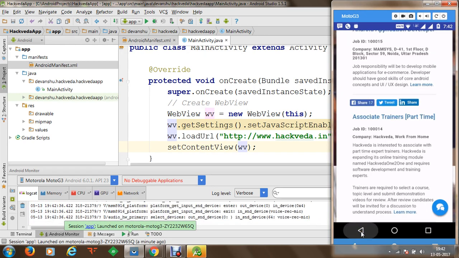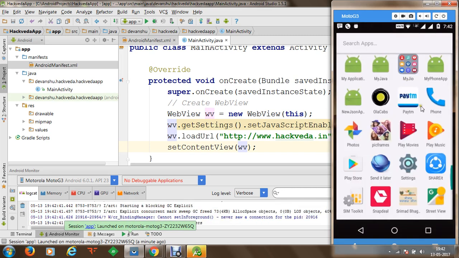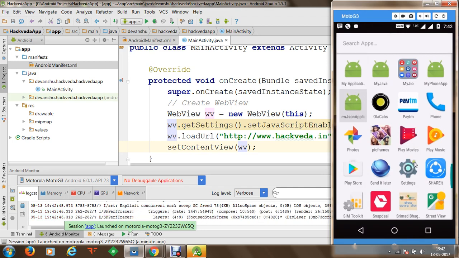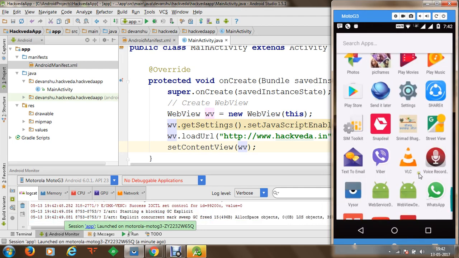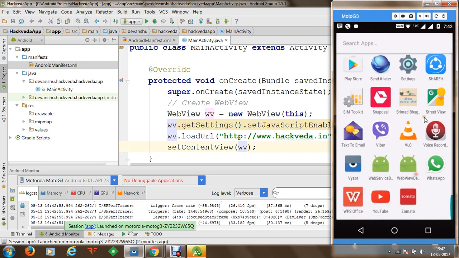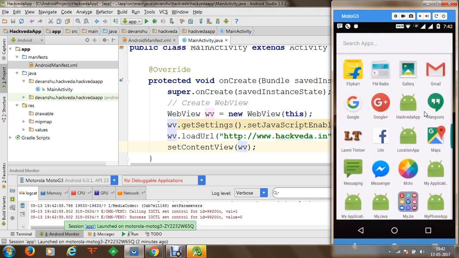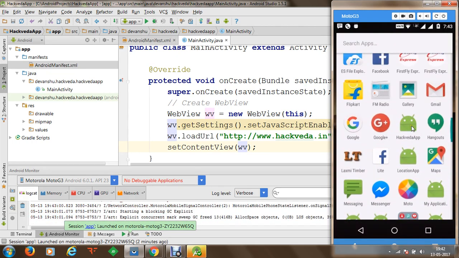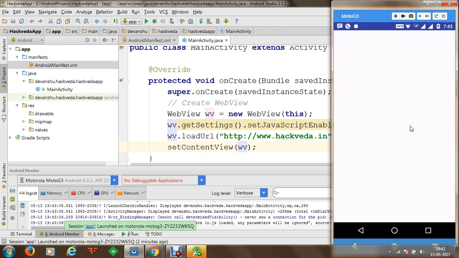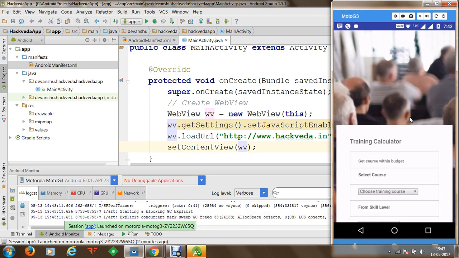So let's say if I go back here, and if we go to the launcher again, and within this launcher, we are going to search for the Hackweda app, because the name of the application which we have set was Hackweda app. Let me just search for the application and we are going to test the application again. Let's just proceed here. Now you can see that this is my application Hackweda app, in which I have created my web view. So once I click on this location, the launcher will load the website, and the website will be loaded on my machine.